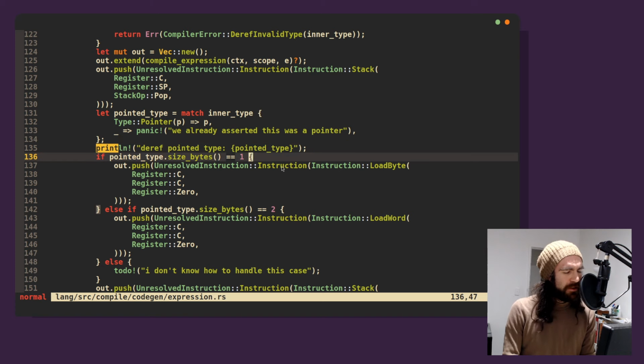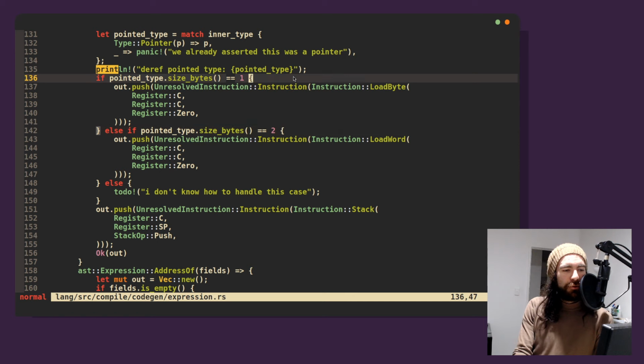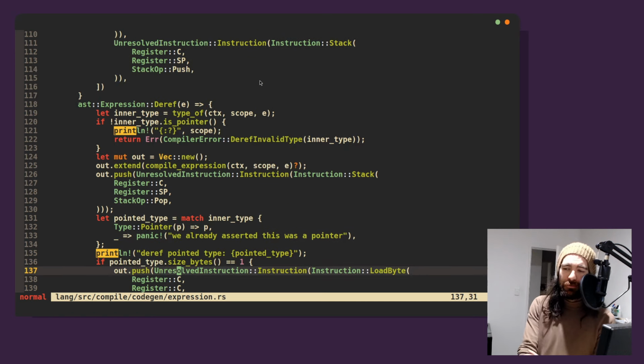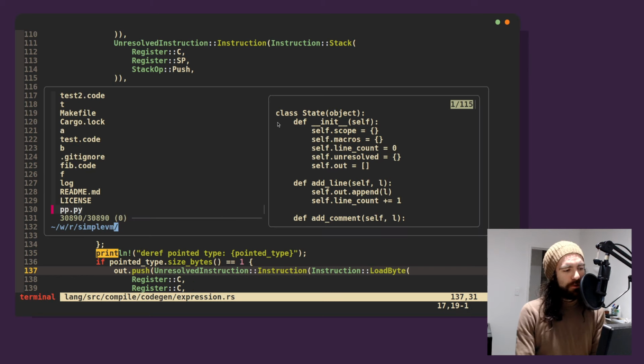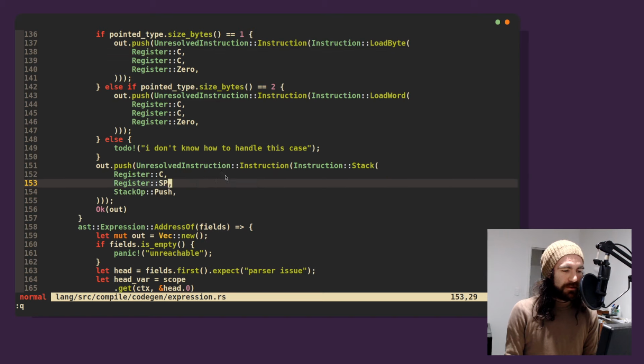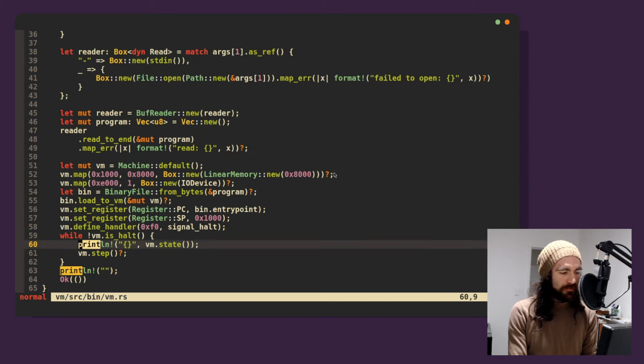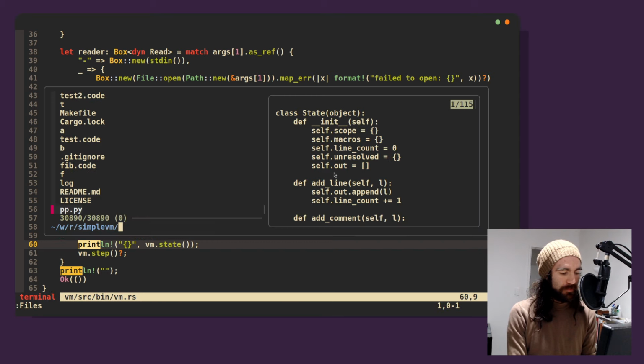That's fine. I don't know. We're loading into the C register. We're dereferencing. And this is actually what we're doing, right? We're dereferencing into the C register. Then we push onto the stack. Oops.